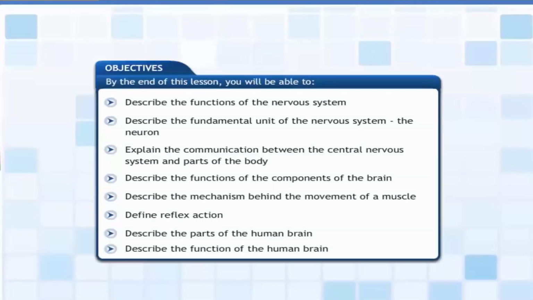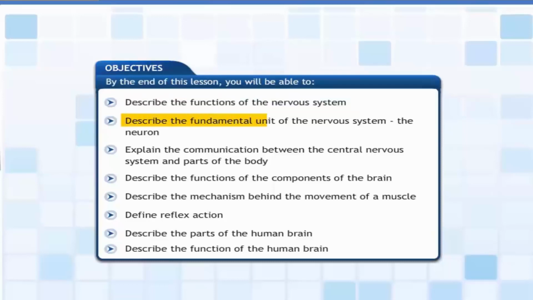In this lesson, you will learn about the nervous system and its components, reflex action, and the structure of the human brain. At the end of this lesson, you will be able to describe the functions of the nervous system,